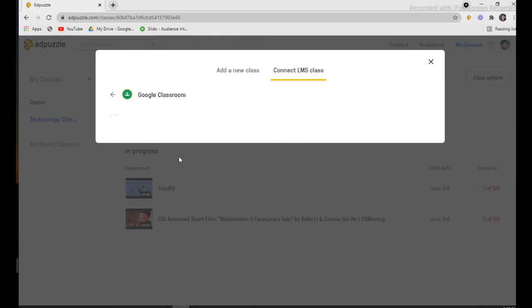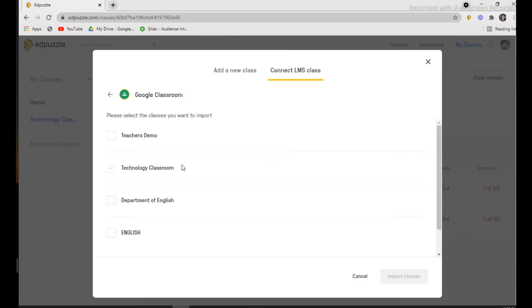The first time you add Google Classroom, it will ask for your mail ID and so on. Once you give it, it will go to the Google Classroom page. If you have created different topics, it will list them, like technology classroom, Department of English, or the topics already created in Google Classroom.